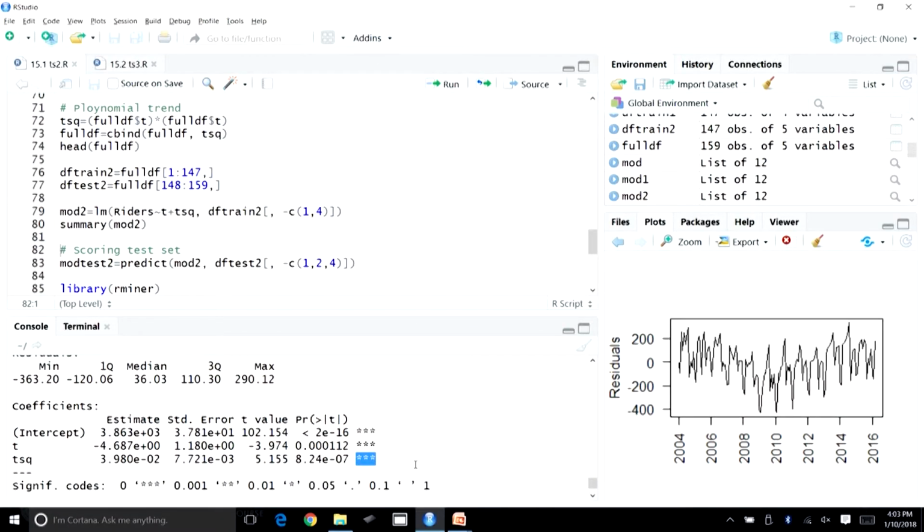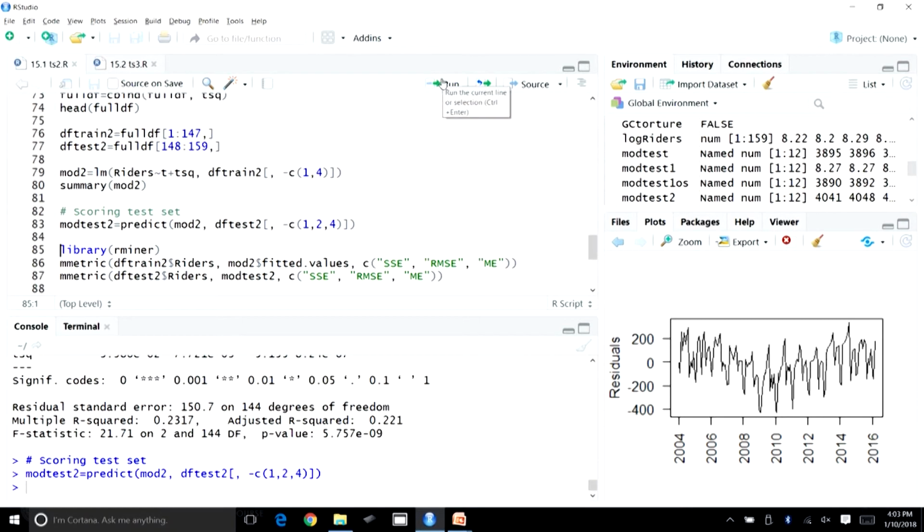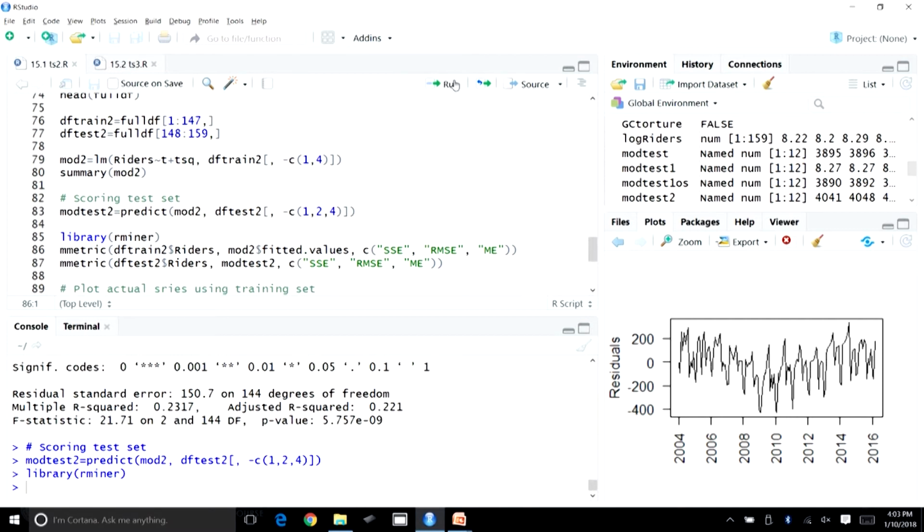Now, we will compare the performance of this particular model with the previous models as well. First, let us score the test set. You can see the model object mod 2 and the test partition. Let us score this. Now, let us compute the metrics.